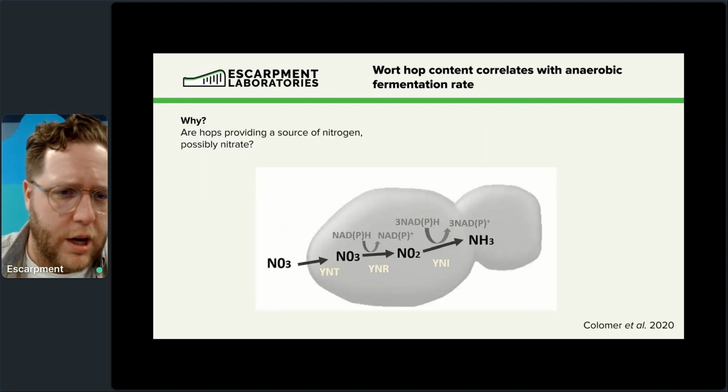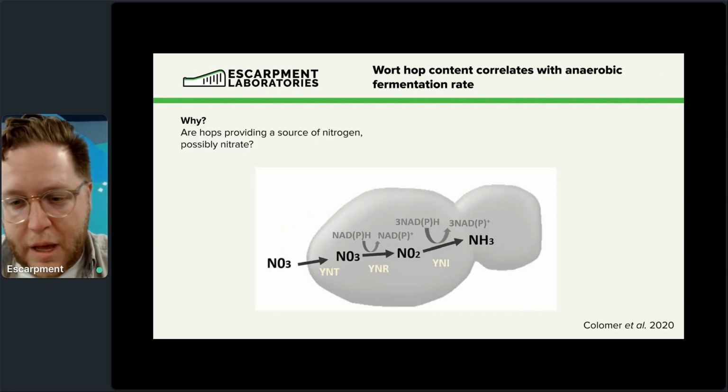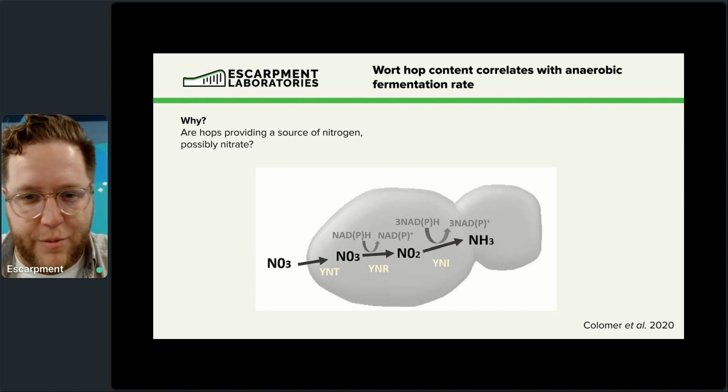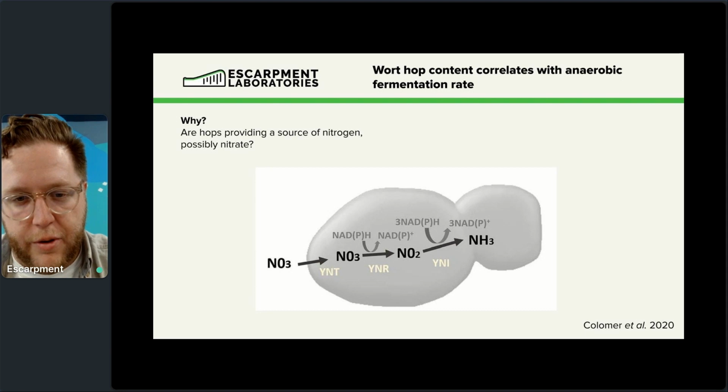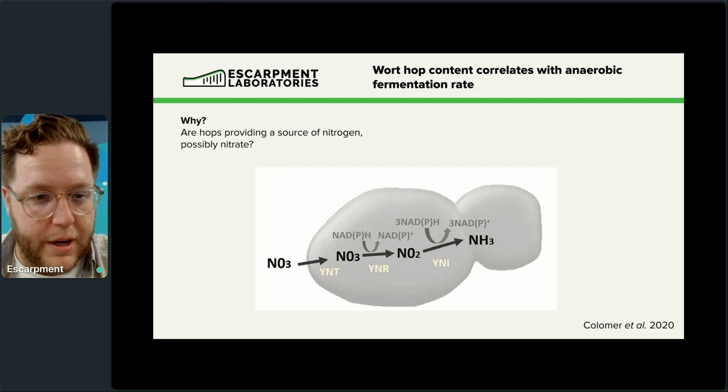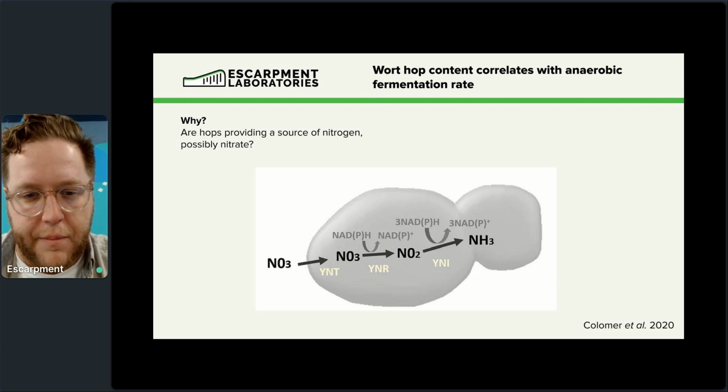Why is that? Are hops providing nitrogen? Maybe. There actually is some evidence that you get a little bit of amino nitrogen from hops, but also there is some evidence that hops can provide nitrate. It's one of the few sources of nitrate in beer wort. It can be extracted from hops,